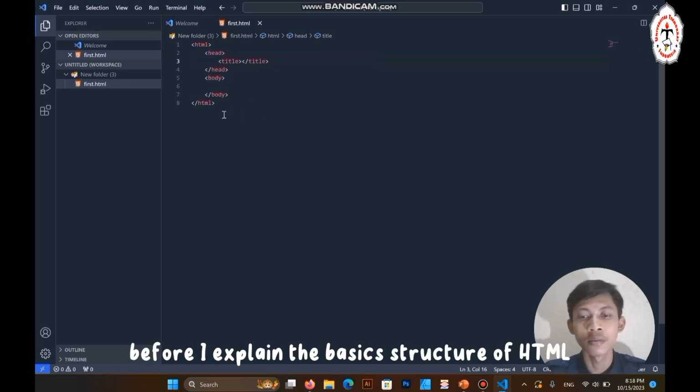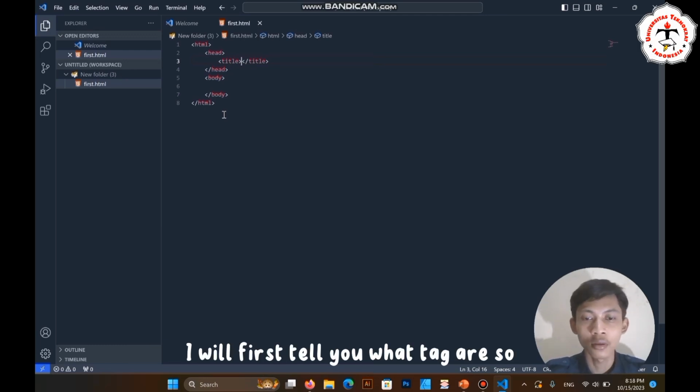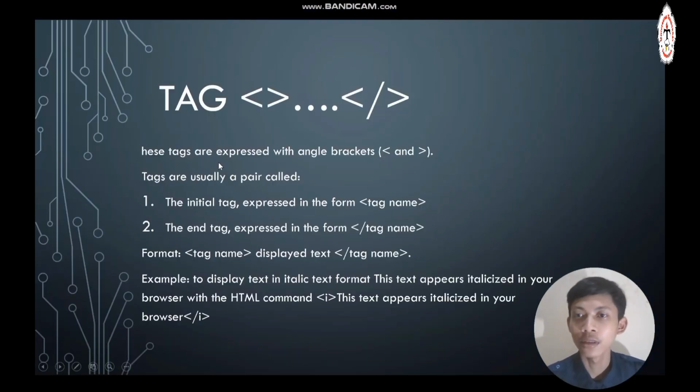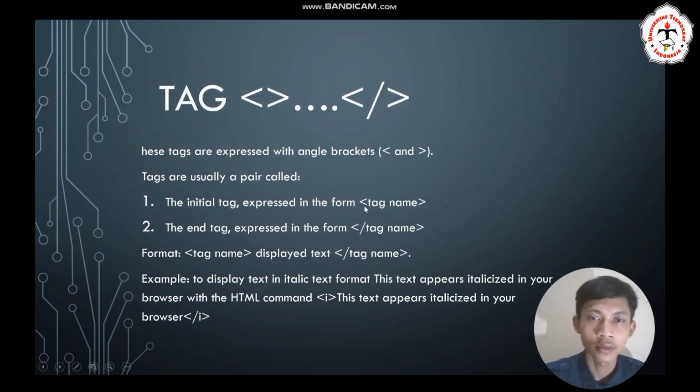Before I explain the basic structure of HTML, I will first tell you what texts are. So, these texts are expressed with angle brackets like this, open angle brackets and close angle brackets. Texts are usually a pair called: 1. The initial text expressed in the form open angle brackets, text name and close angle brackets. 2.